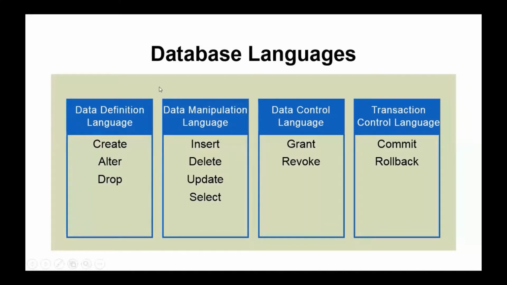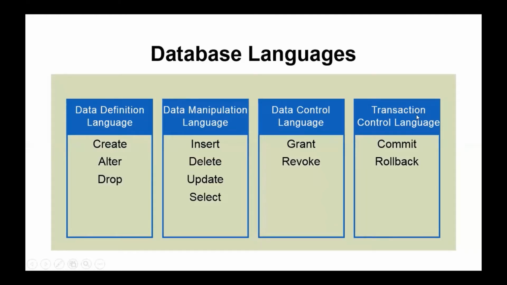Okay. Then there is your DCL. I said you that DBA is a person who creates the rights. So whenever you are creating a right, you are giving permissions to the user. So that permissions to the users can be given with a grant command. Okay. And suppose if I've given the permission to the user and I want to take back that permissions. Okay. At that time, I use a revoke command. So grant and revoke are the data control languages which are used to give the permissions and take back the permissions. Last is your transaction control language.